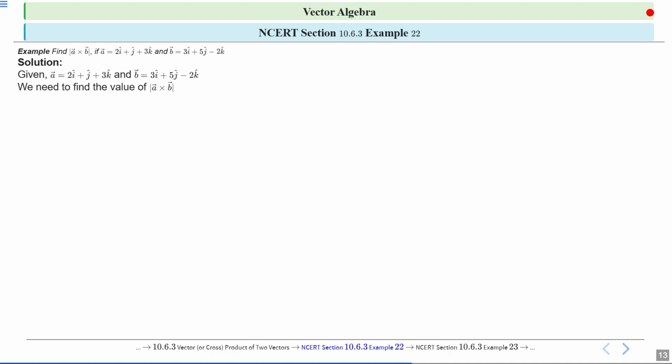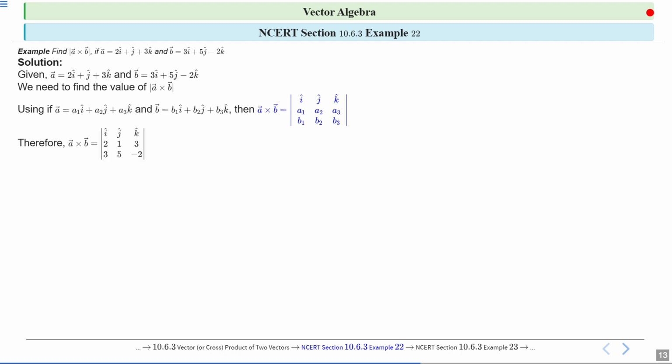The cross product gives us a new vector that is perpendicular to both A vector and B vector, and its magnitude tells us the area of the parallelogram formed by these two vectors, okay? Now if A vector is equal to A1 i cap plus A2 j cap plus A3 k cap, and B vector is equal to B1 i cap plus B2 j cap plus B3 k cap, then A vector cross B vector will be equal to the determinant of i cap, j cap, k cap, A1, A2, A3, and B1, B2, B3, right? This method helps us systematically find each component of the resulting vector, okay?